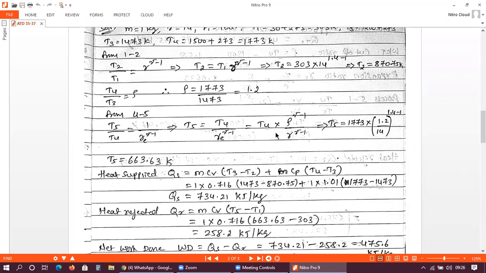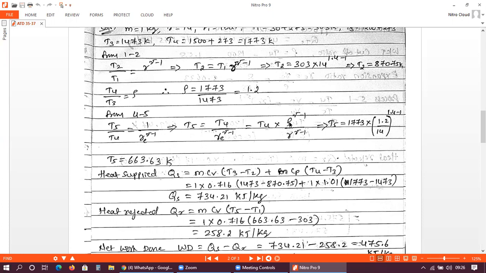It is the reciprocal of this, since it is in the denominator part. That's why we have taken the reciprocal of this. So Re is equal to R by rho. In the previous problem, we have solved that. So you just go through that part, and you will come to know.